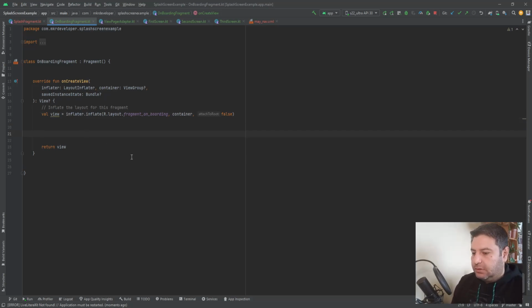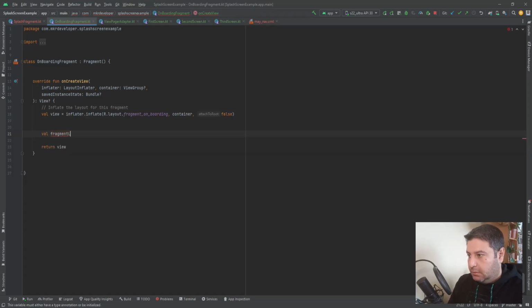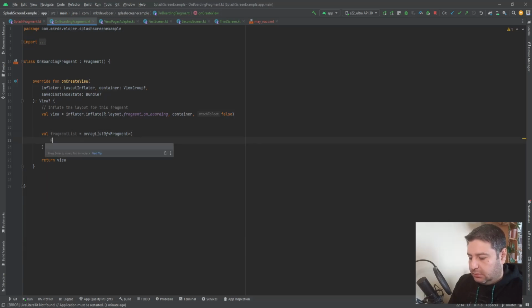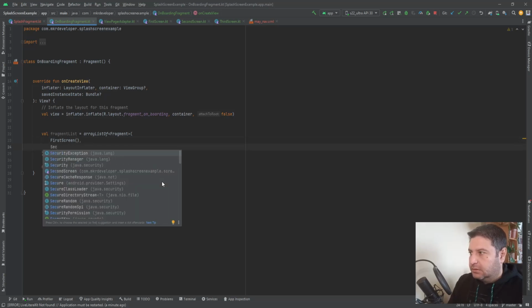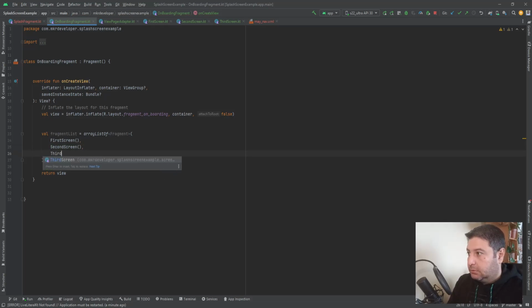So first of all, I have to create fragment list equals to array list of type of fragment can be, and here first screen, second screen, and third screen. Then